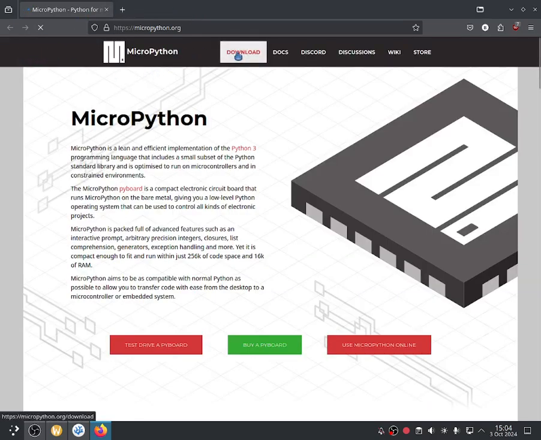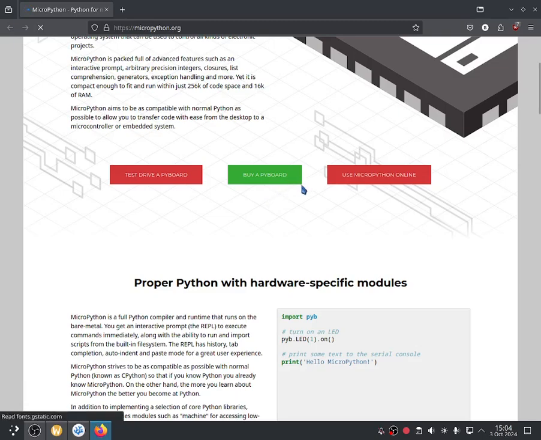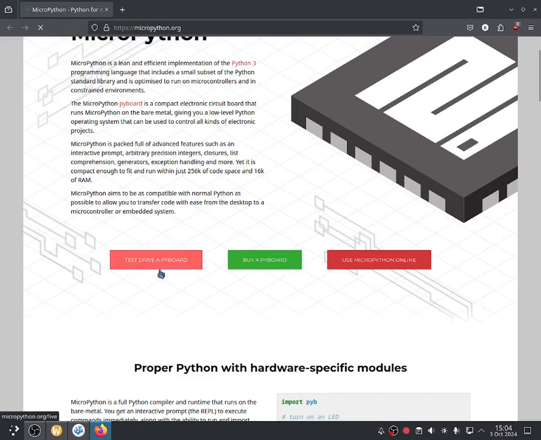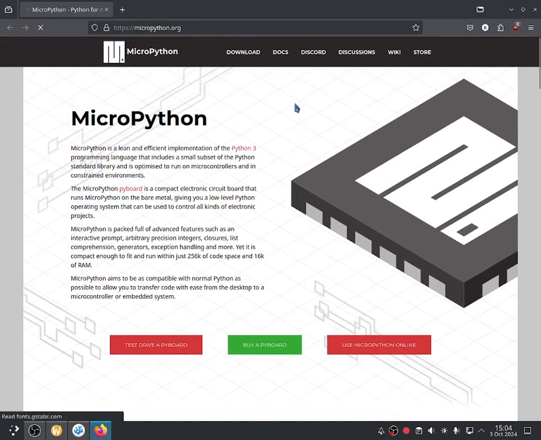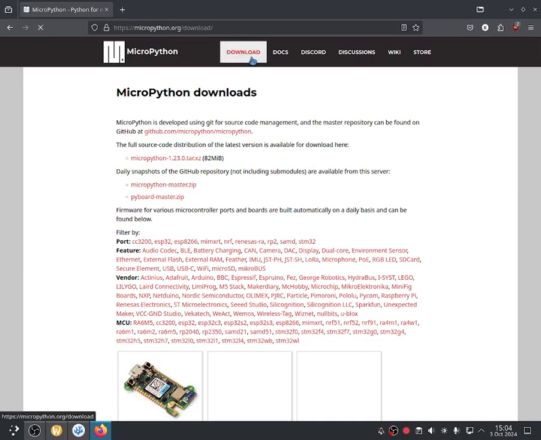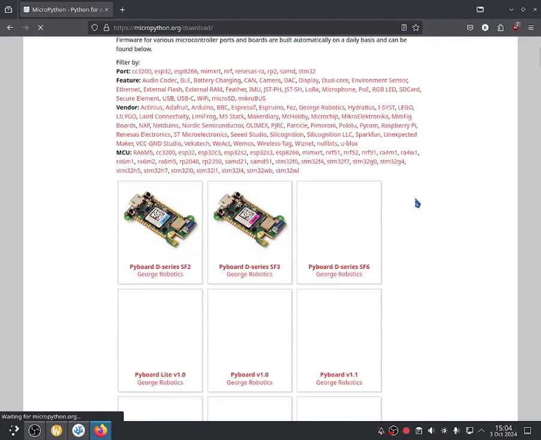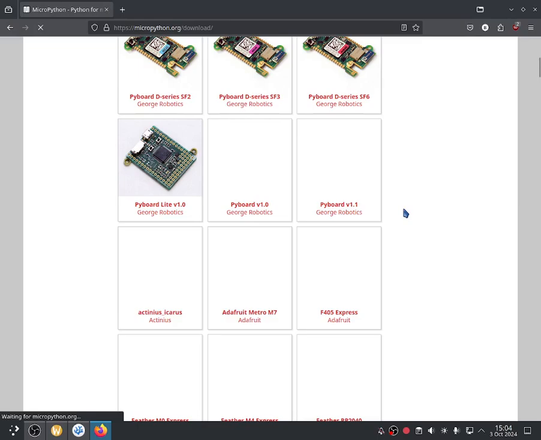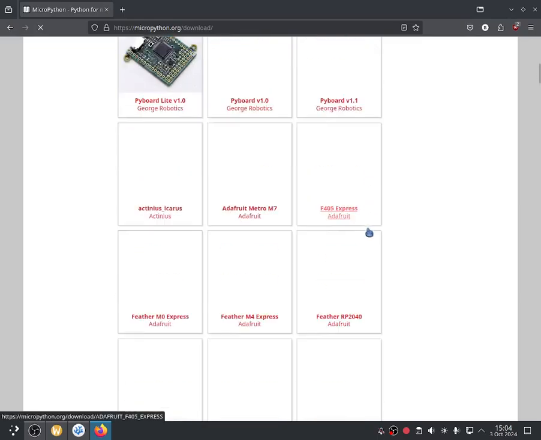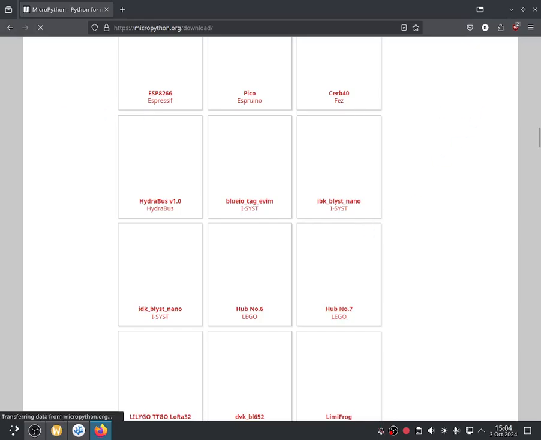You can also use a web-based editor; there is a web-based editor available there. You can test a PyBoard, which is specially designed for Python, and in the download section you can find all the available boards for MicroPython. MicroPython doesn't have many boards like Arduino or C. It has only a small circle of boards, and one of the cheapest is the ESP32 that we are going to use